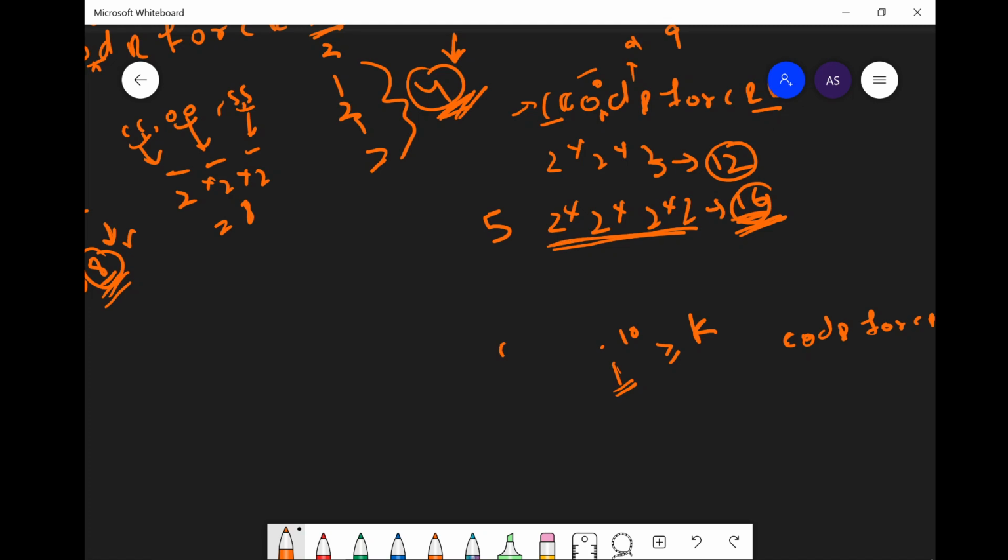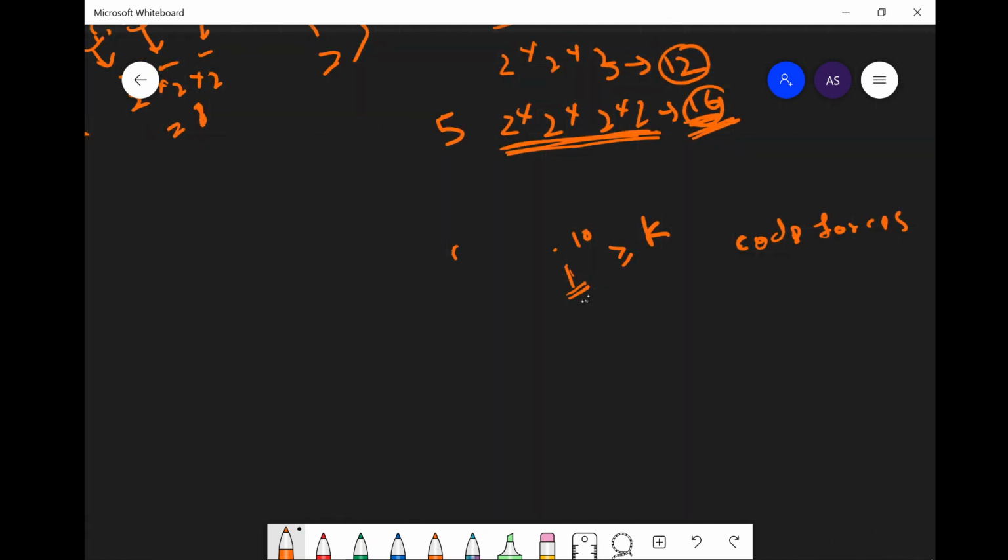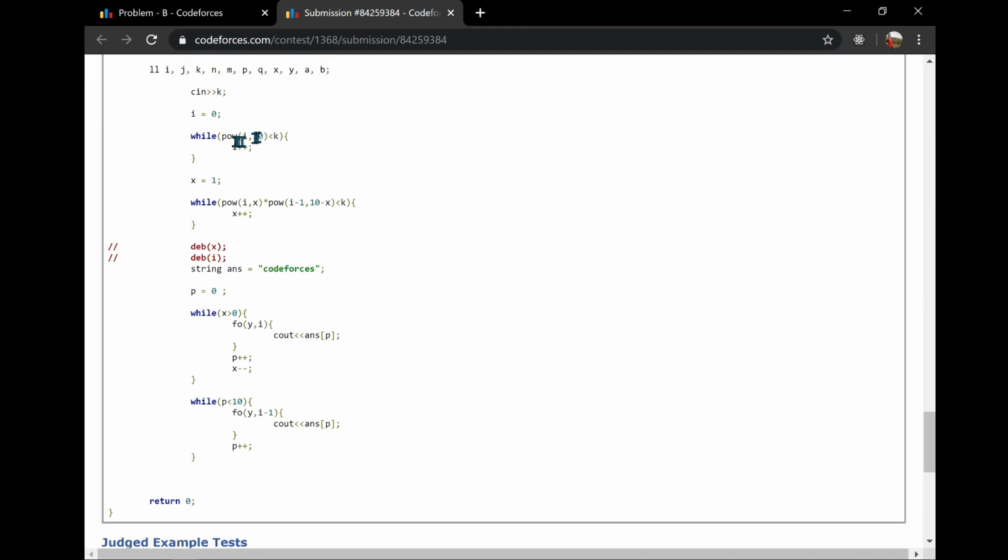That was 4 characters. That gives us 2 to the power 4. So here, by repeating i times, we can get at max i to the power 10 subsequences, and that should be greater than k. That is the main question: we should be able to extract at least k substrings out of this. So I am here finding this i, and then in this i also, this is another important point.